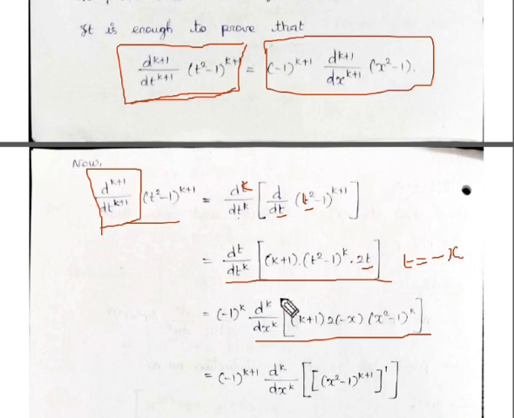So here, d power k by d minus x power k, that is minus 1 power k. We take minus 1 power k into k plus 1. t square minus 1 means minus x whole square, that is x square. So x square minus 1 whole power k. 2t means 2 into minus x. In this next step,